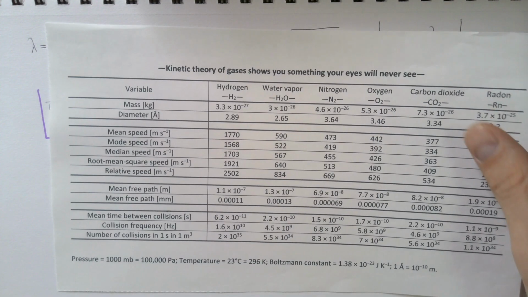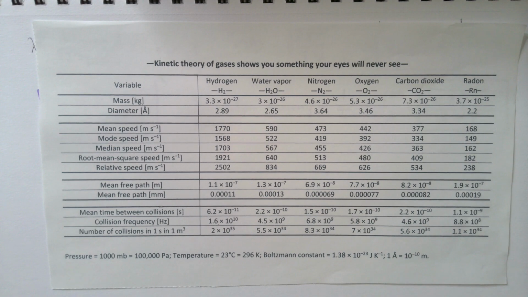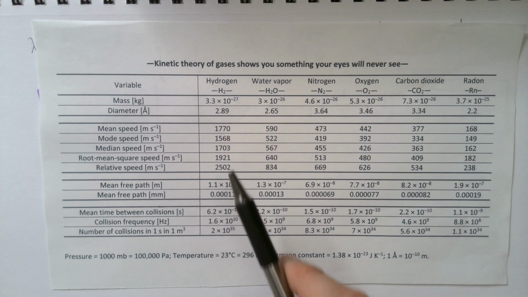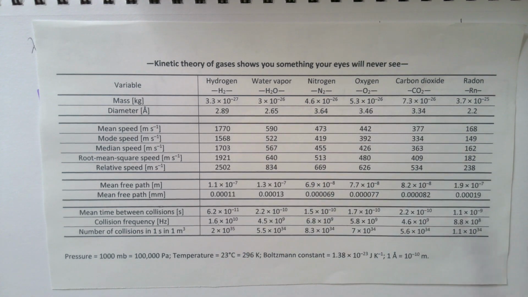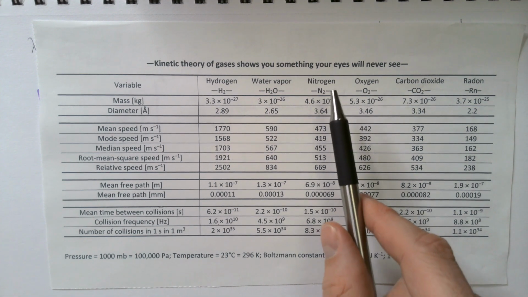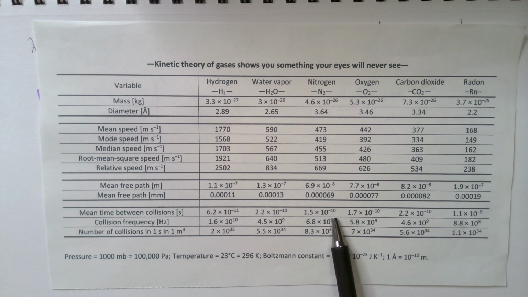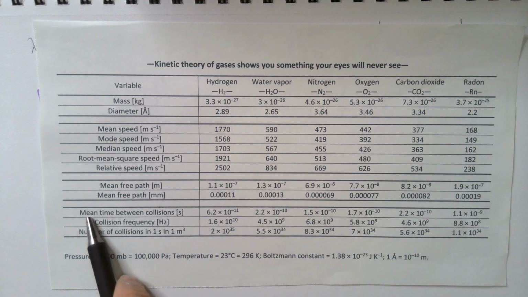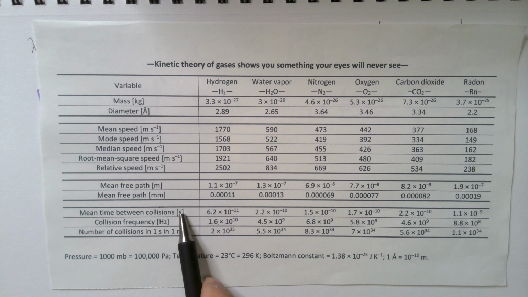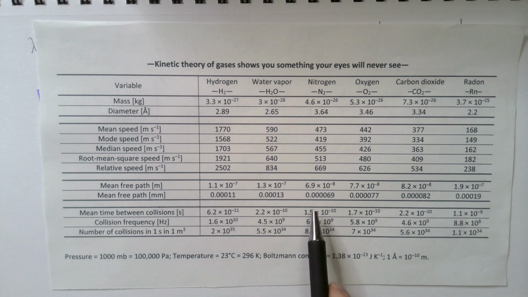I calculated here the mean time between two collisions for some typical gases in our air. I included radon too. So nitrogen, for example, is 78% of air. Most of what we breathe is nitrogen. So mean time between two collisions in seconds for nitrogen atoms at room pressure and room temperature is of the order of magnitude 10 to the power negative 10 seconds. That is an astonishingly small number to think about.